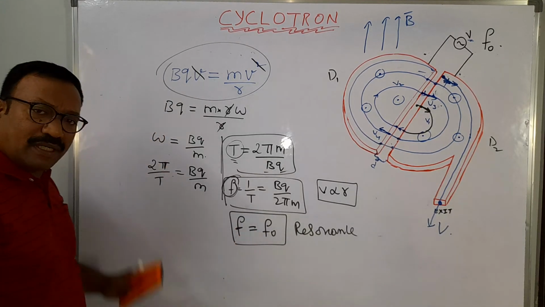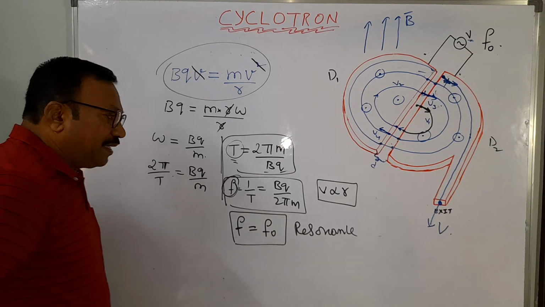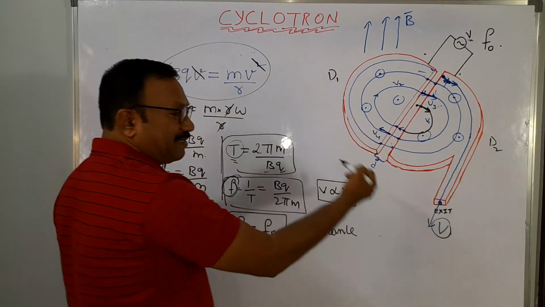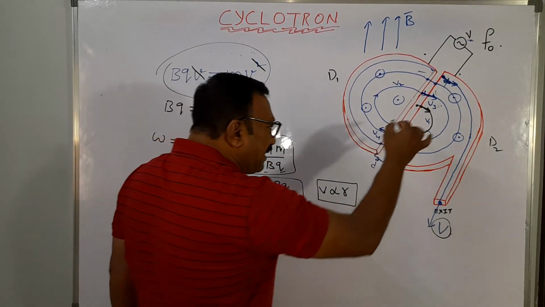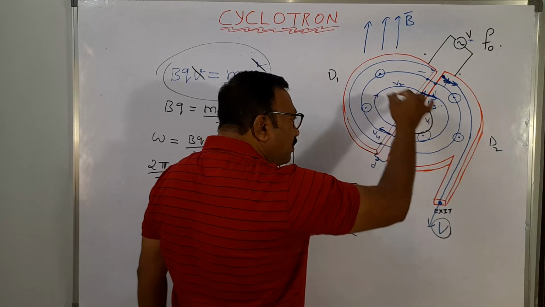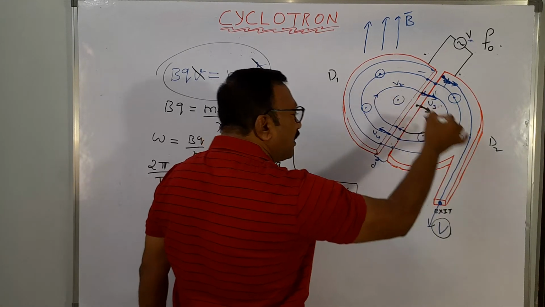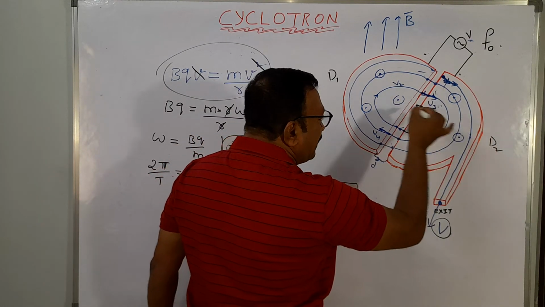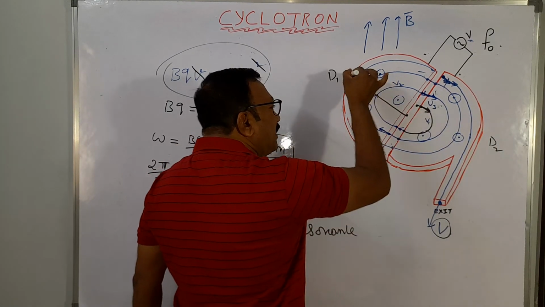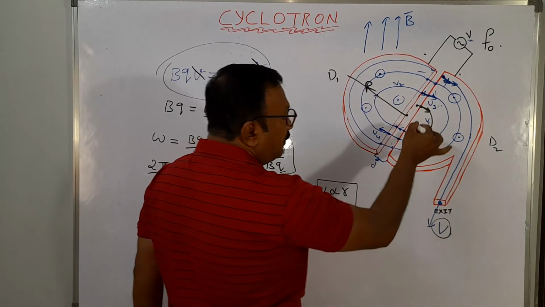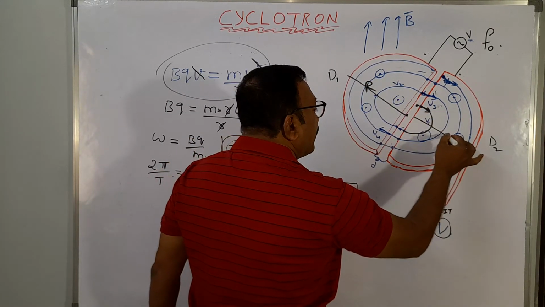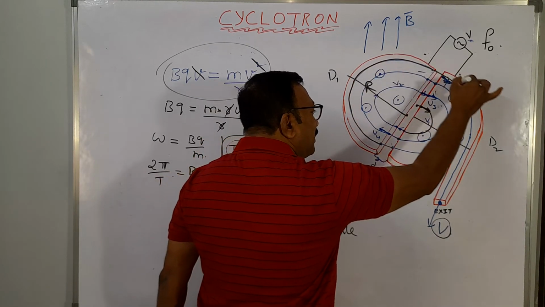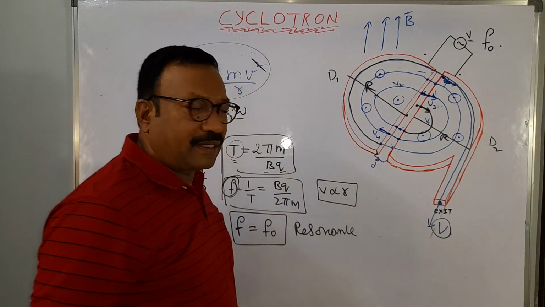So is there any new formula now? Tell me. No. Next, the particle is coming out with a velocity v. Then what is its kinetic energy? Now as the radius is increasing, R1, R2, R3, R4, R5, R6, like that. Let the radius of this D be capital R. Then the particle will come out with a maximum radius of capital R, approximately like that.